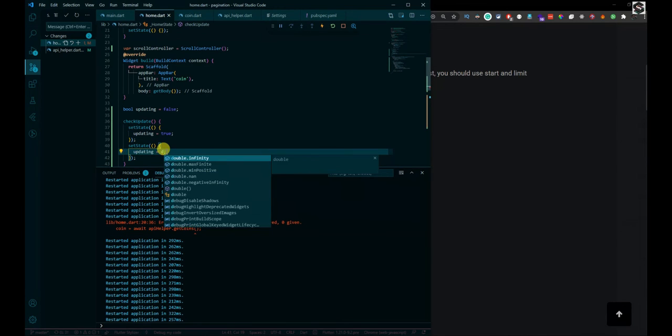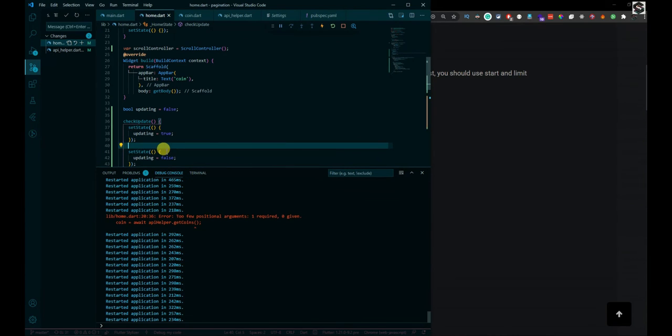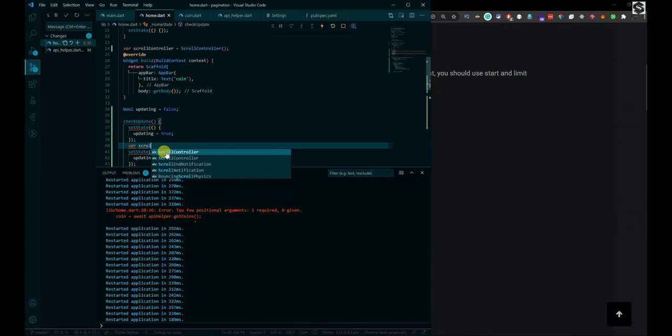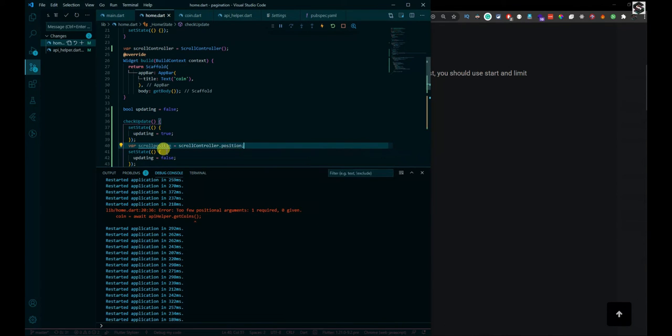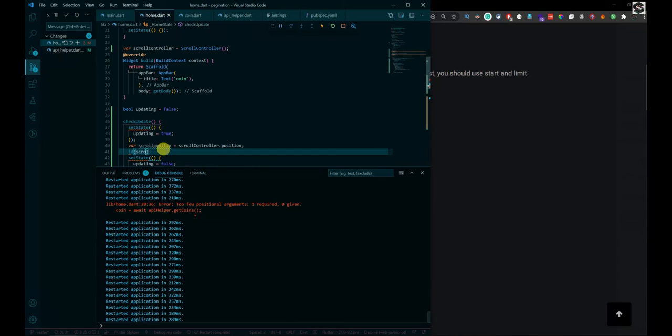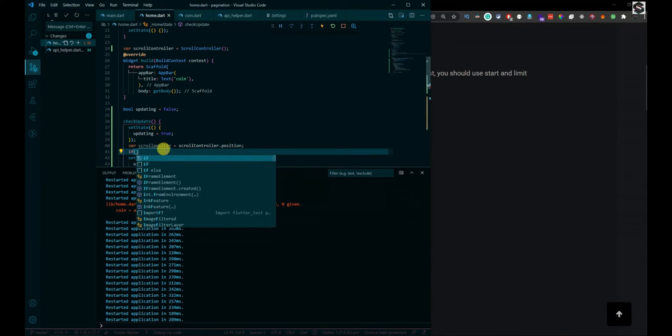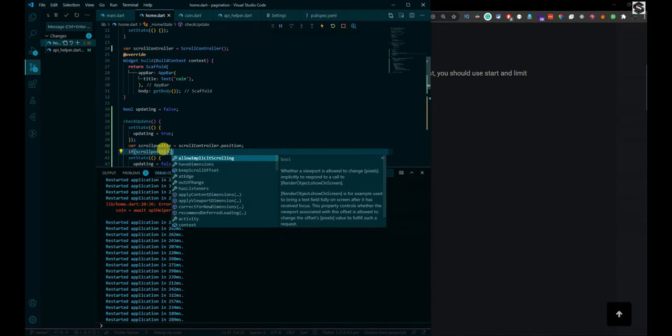Now the main logic: we need to get the scroll position from the scroll controller. After we get the scroll position, we will compare our pixels to the max scroll extent. Max scroll extent is the maximum pixel value that we can scroll on the screen, and pixels is our current position.